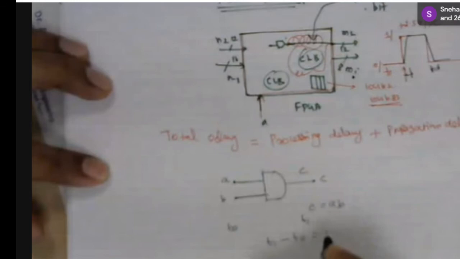Y is f of A comma B, which means A and B are the variables here and Y is the output. This function is any logical function, maybe AND gate, OR gate, NOT gate, a simple application. If you take some other application, then a lot of big combinations, A dash, B dash, plus S naught, Y dash, some logic will be there. Y equals f of A comma B in the combinational circuits.